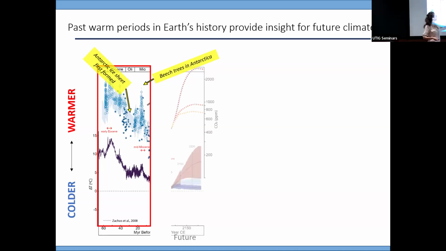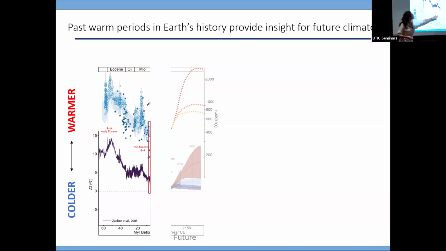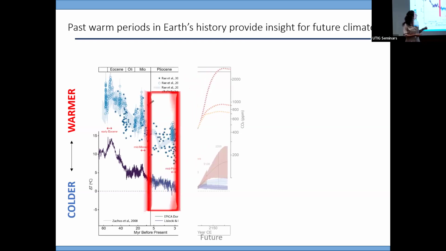Shown for context, here are the future carbon emission scenarios and the corresponding temperature projections. And so you can see that during the mid-Miocene, CO2 was approximately comparable to a future high emission scenario in the next few centuries. The way this figure works is that the most recent part of each section is expanded out into the next section. So we take this little few million year time blip and expand that out.